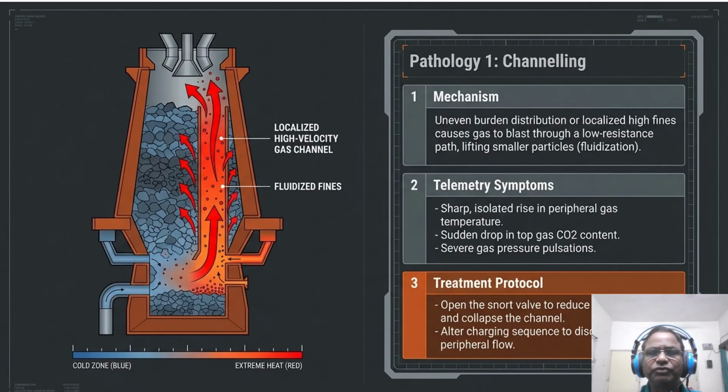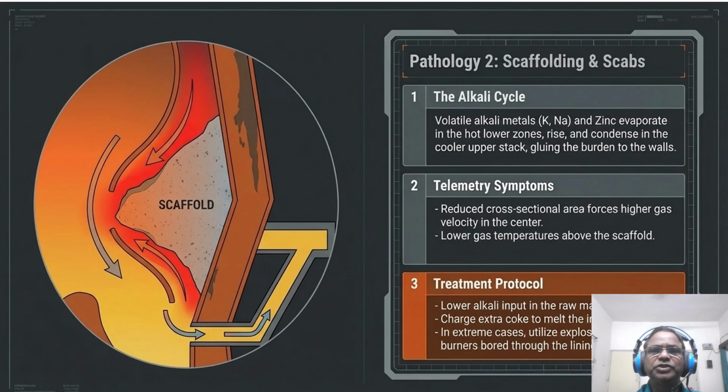So accordingly, you have to take action by reading all those things timely. Now, coming to pathology 2, scaffolding and scap. If gas flow remains uneven, we risk the alkali cycle. Volatile potassium, sodium, and zinc evaporate in the Bosh and condense in the stack, gluing the burden to the wall,